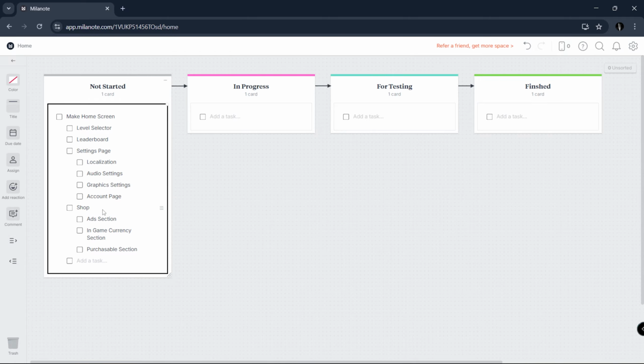And for the home screen, what do we have left? We have a leaderboard, level selector, settings page, a shop page, and I think that's it for the home page. Now we have the actual game page,